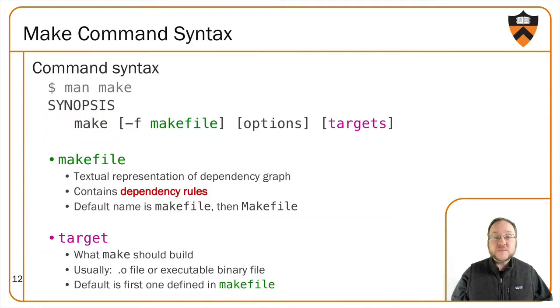So the tool survives many iterations later in a modern GNU version. The command itself is quite simple in the common case. You invoke it with make and the name of one or more target files that you want to build. As an option, you can give the name of the Makefile, but if you don't, by default, the tool will look for files called Makefile or capitalized Makefile, and those are the two sort of default names that most people will use. I personally like capital Makefile just because the way that the ls command alphabetizes, it puts it earlier,